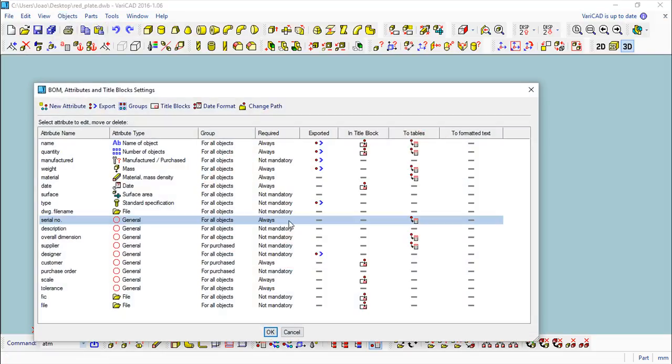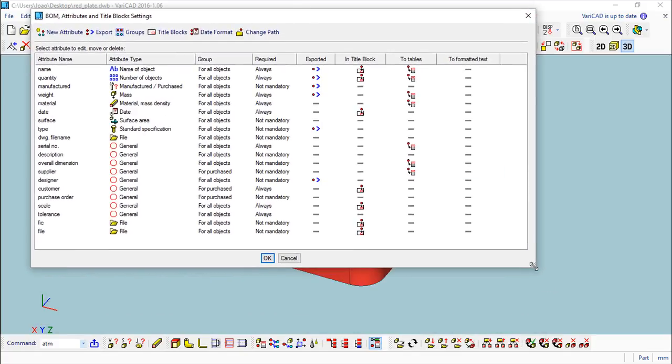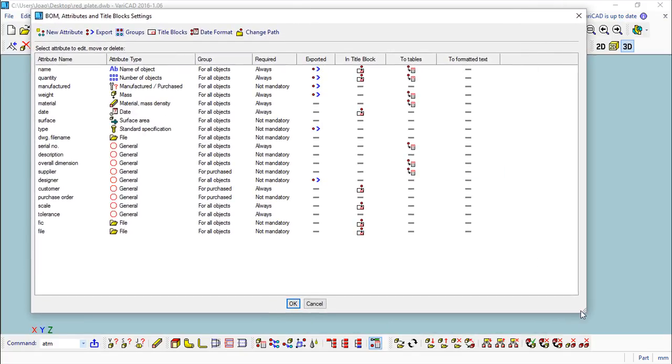Okay, even though we have a lot of information in this big dialog box, a brief explanation is this: the dialog box shows the attributes we have, and it's a place where we can put new attributes and make the definition of